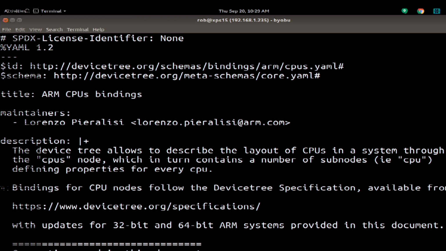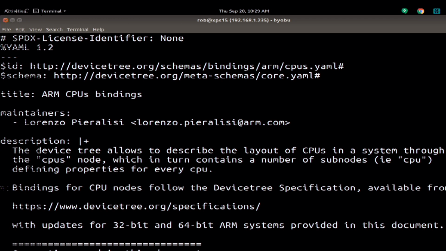Well, most of it's in a better state than their default error processing, other than where you have the combinational stuff. So this is the ARM CPUs binding that I converted. And a lot of this, I've written a script that can partially do the conversion for you. So it fills in